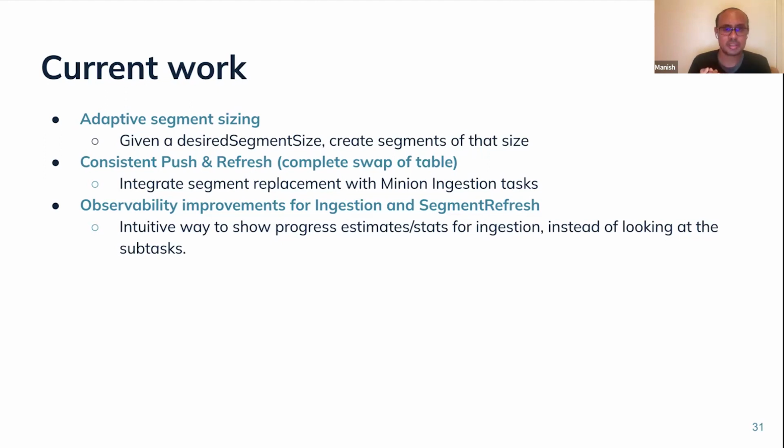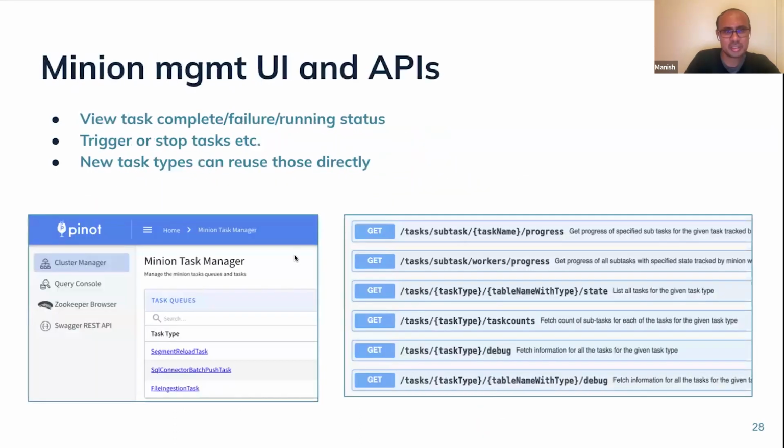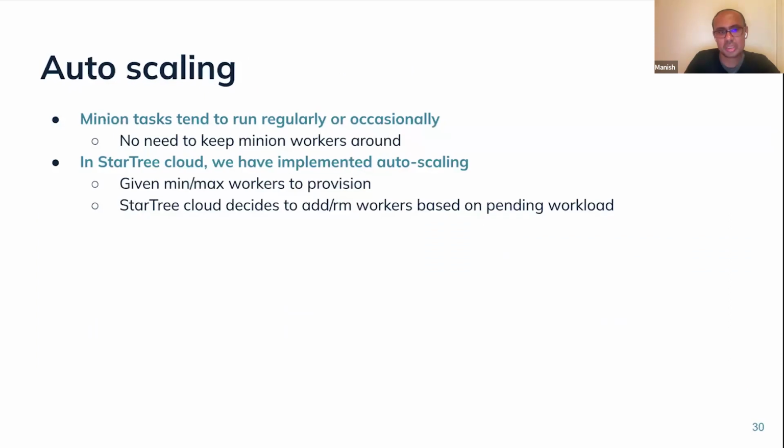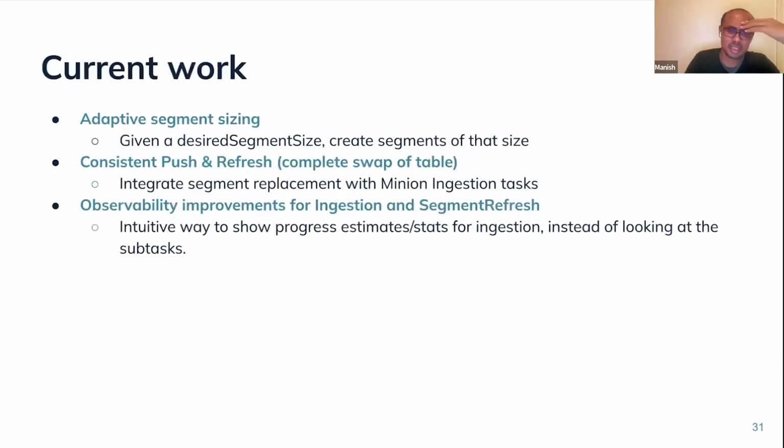And also the observability for ingestion and refresh. We do have observability at a task level, but sometimes it is not intuitive. For our customers and use cases, we typically want to see observability at a higher level. When you have some 1,000 files, or in terms of size of data to be ingested, we want progress, like these many files have been ingested, and some estimation of how much time it's going to take, rather than at a lower task level. We're looking at how to make it more intuitive for both ingestion and segment refresh, because these are all long running operations, and we need good observability metrics to figure out what's going on, the progress.